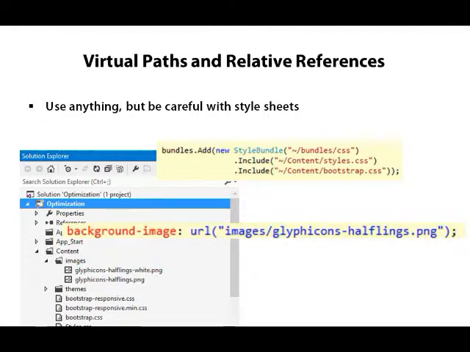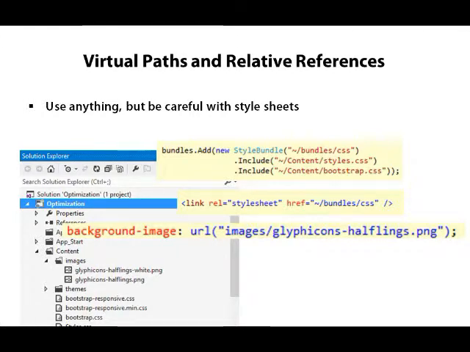But it could get me into trouble if I want to use some of these features that reference an asset using a relative URL. Because when I create a bundle with a virtual path of /bundles/CSS, then when I want to send that bundle to the client, I reference it using its virtual path. So literally it's like having a link for a style sheet with an href of /bundles/CSS. And the problem there is that when the browser sees that it needs to include images/something.png from this particular style sheet, well, it thinks that that style sheet came from a file named CSS in the directory bundles. So it'll make a request for